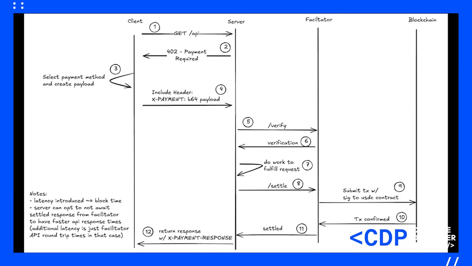Then in the second phase, the client essentially fulfills the instructions that the server just gave it of how it should pay for it by signing a transaction that will eventually get broadcast on the blockchain, passes that to the server. The server can either use a facilitator or verify that itself, then fulfill the API request, and then settle by broadcasting that transaction or user operation onto the blockchain, and then returns success back to the client. So it's a very elegant